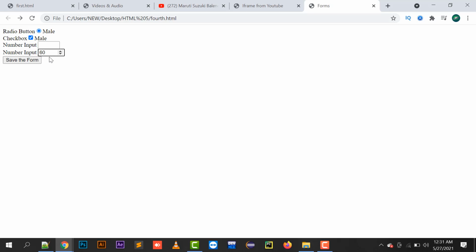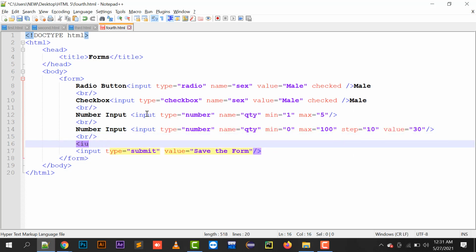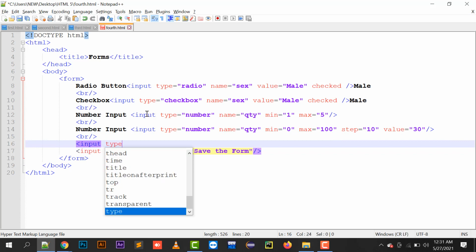If I click plus on this, it always adds 10 to my number. So 60 plus 10 is 70, because I have defined the step value as 10. So it always has a jump of 10 values. Moving to the next part,